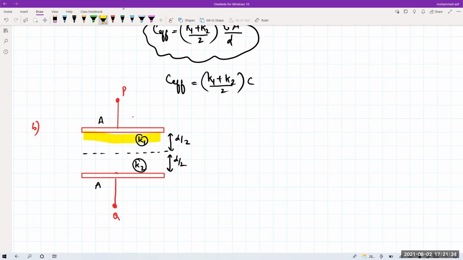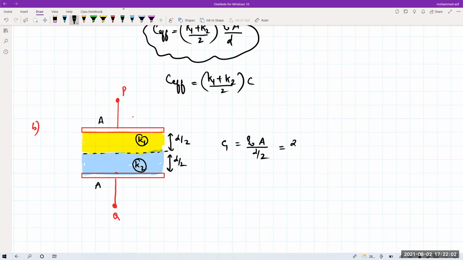So on top there is one whole dielectric. Now it is series, but sir, we have to consider, and down there is one dielectric like this. If the distances are becoming half but the area remains the same, C1 will become epsilon naught into A divided by the distance, which is d by 2.